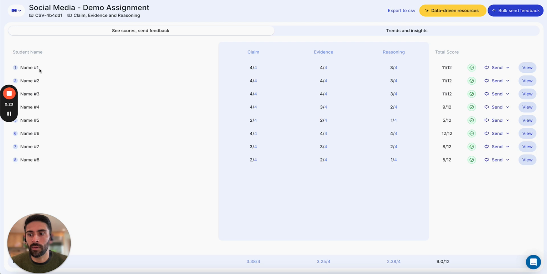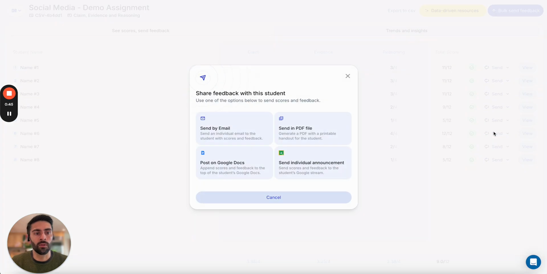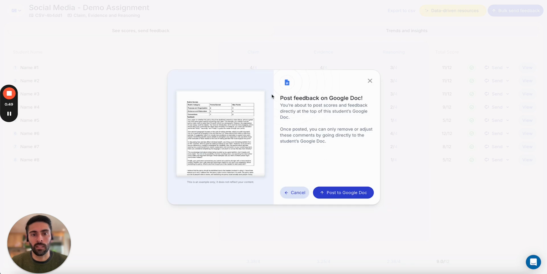feedback. So I have all my fictional students here with all of their scores for each of the rubric categories. I also now have averages for each of those metrics, as well as the total score. In addition, I'm able to send scores and feedback just as I did before, via email, PDF, Google Docs, or via Google Classroom for this type of Google assignment. I can also preview those options. So if I want to, for example, post to Google Documents, I can see a sample of what that looks